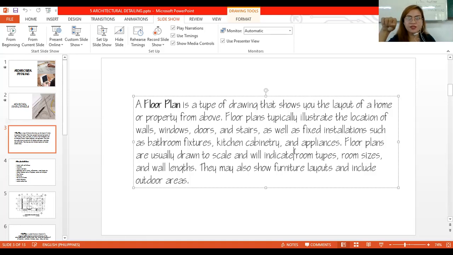I think you have the architect scale or triangular scale, right? So if you're going to indicate which scale you used on the drawing, it will be a lot easier to measure it on actual. So that's the importance of indicating the scale on the drawing. Okay, so